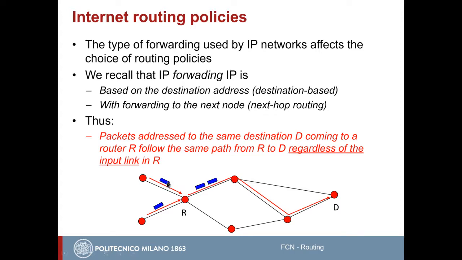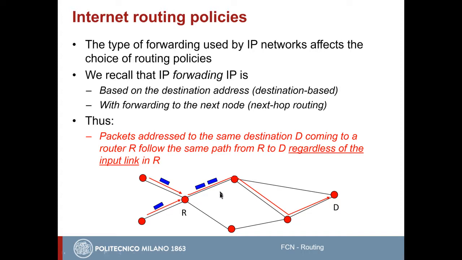So these two packets that are arriving at R from different input links and have the same destination, which is D, will be forwarded towards the same next hop router. This is a feature that constrains the